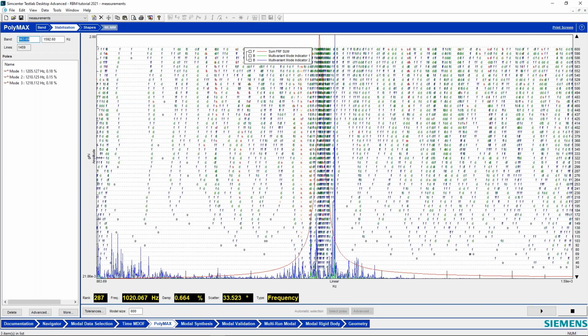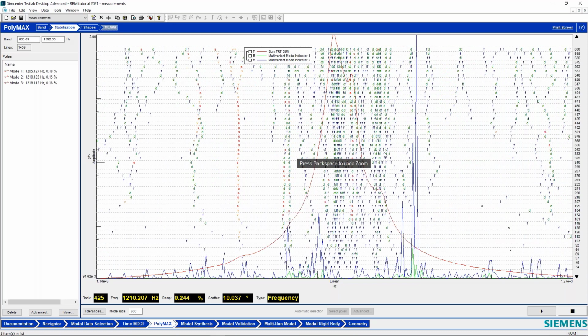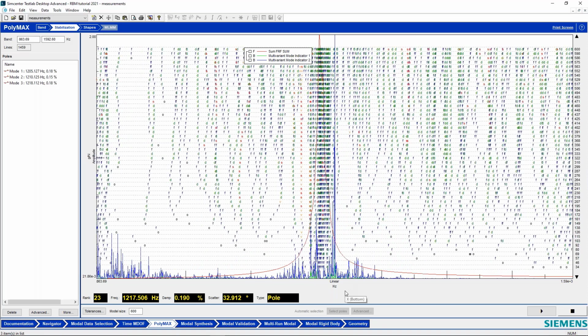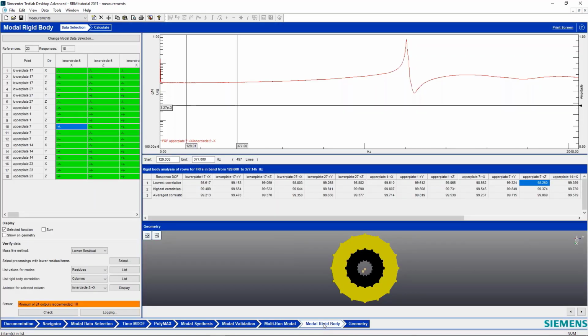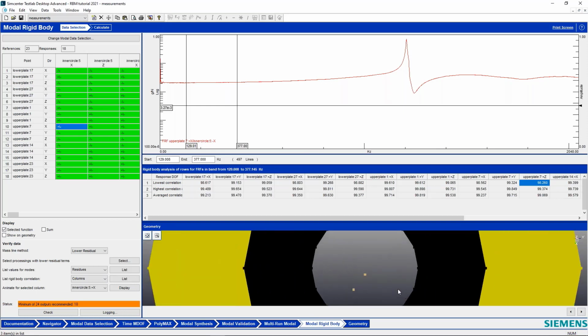So you can see the stabilization diagram, and I've got a couple of modes here. Looks like I have 1, 2, 3, and I had to really look hard to find these first couple flexible modes. That's what I used in that second and third method. And that lower residual method, I think it got fairly poor results, but the corrected FRF measurements got real good results. So if I look again,